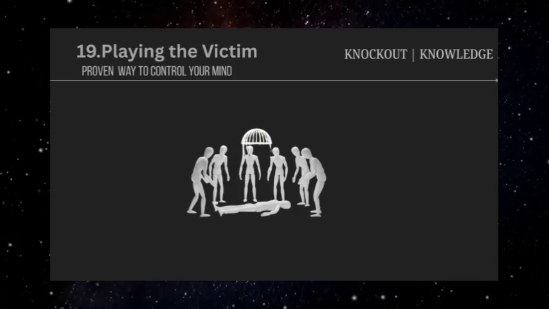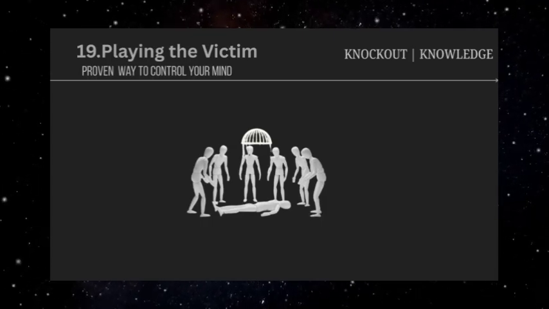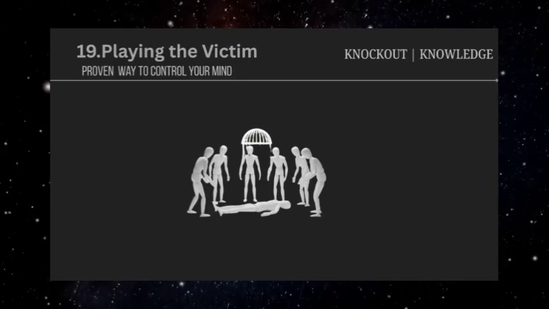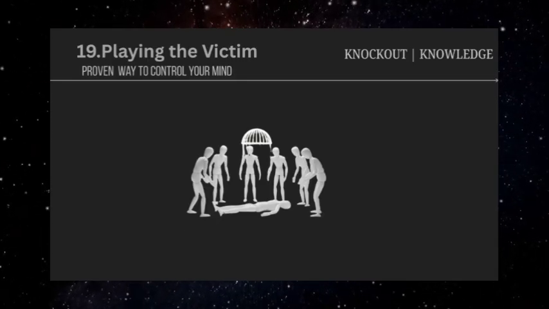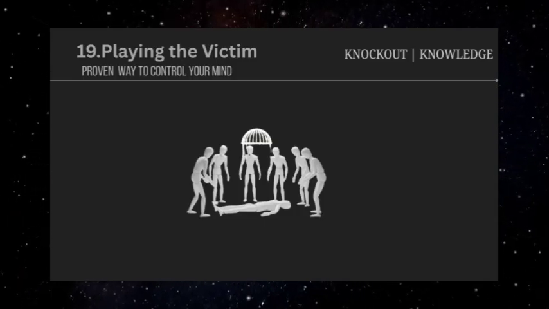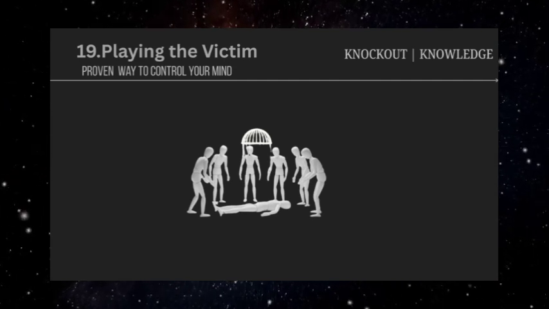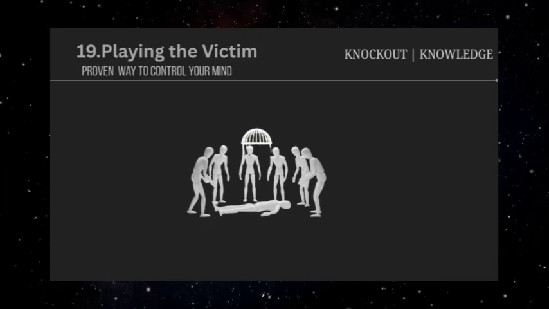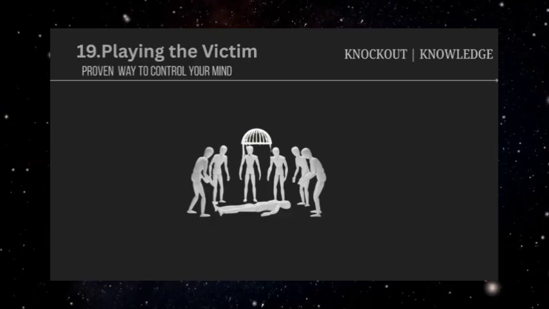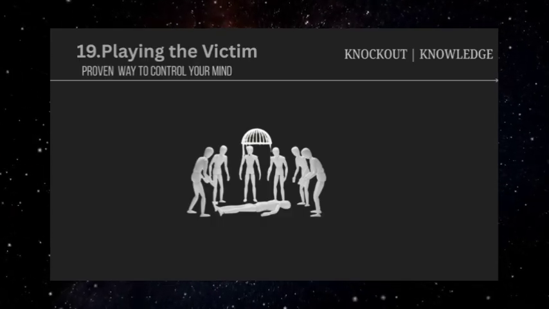The manipulator often combines victim playing with other techniques like guilt tripping and emotional blackmail. They might threaten self-harm, talk about how alone they feel, or suggest that others' lack of support is causing them severe distress. These escalations make it even harder for others to maintain boundaries or address problematic behavior. Professional victim players often seek out sympathetic audiences who will validate their victim narrative without questioning it. They might have multiple people in their lives who see them as perpetually wronged and who provide constant emotional support without recognizing the manipulative pattern.